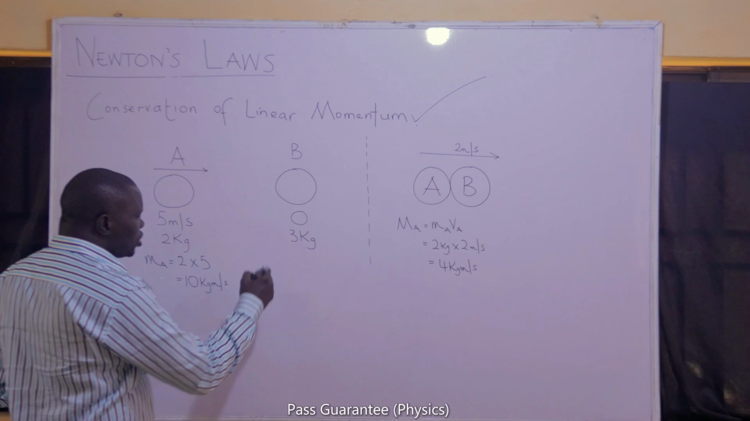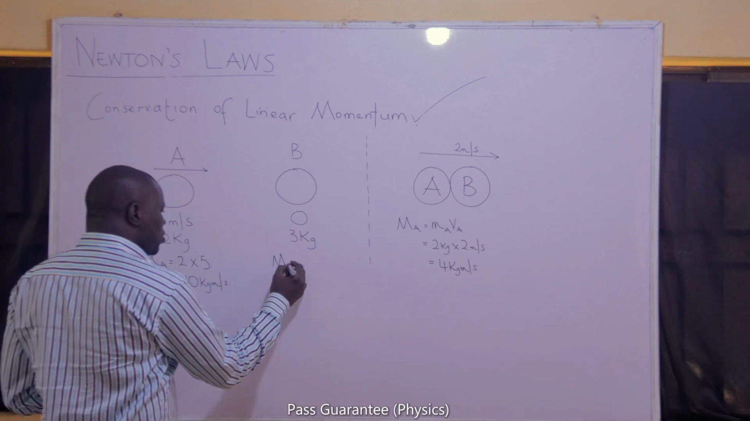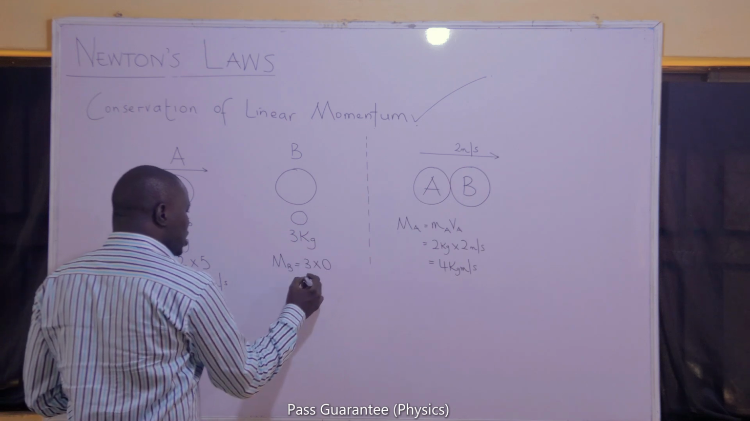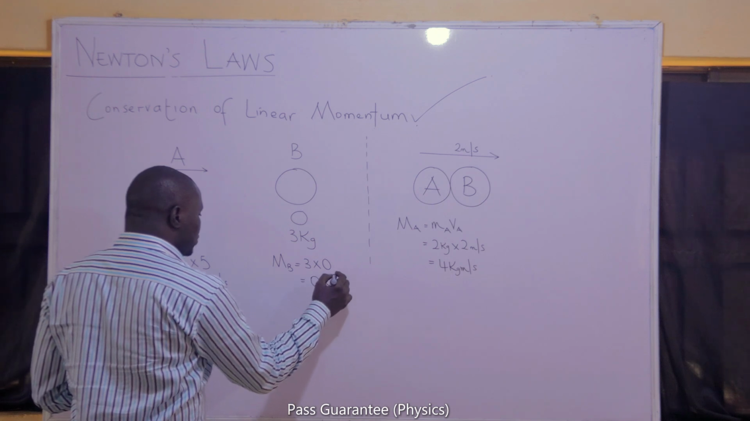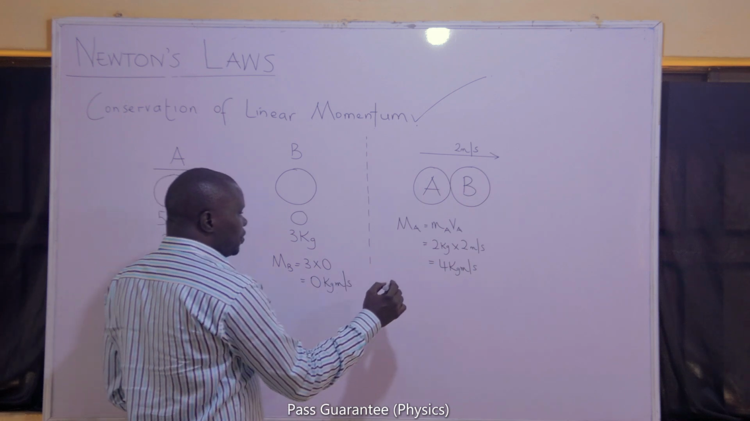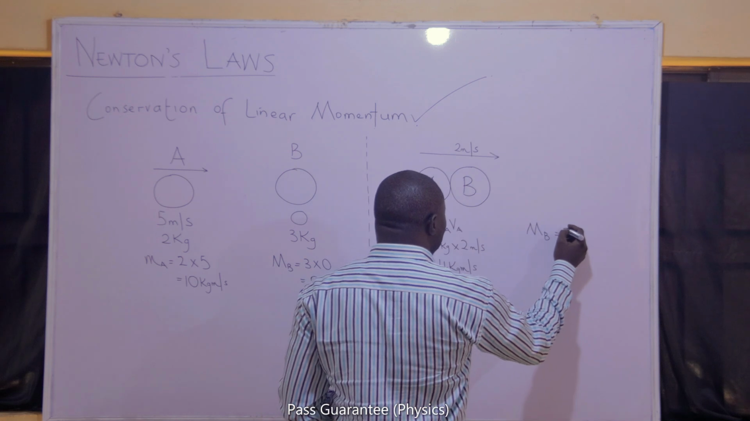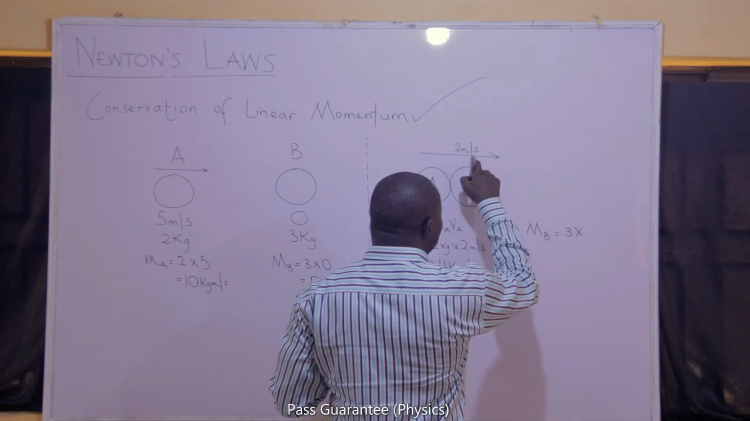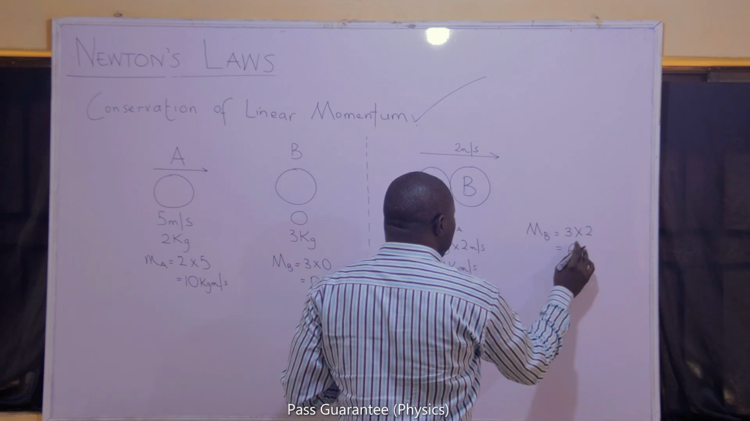How are we going to know that? Let us do the same thing that we have done for A, let's do it for B. Initially, B's momentum is its mass times initial velocity, which is 0 kg meters per second. The final momentum of B after the collision will be the mass of B, which is 3, multiplied by the final velocity of B, which is 2. The answer is 6 kilogram